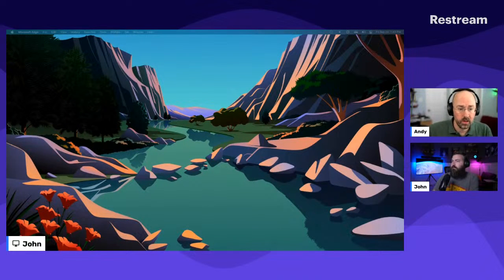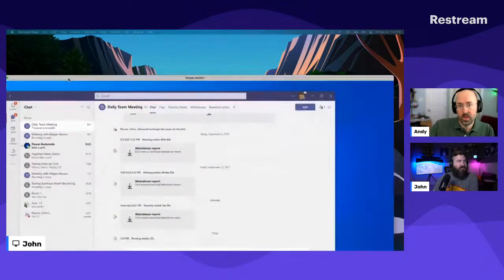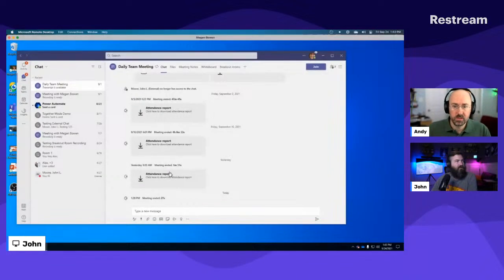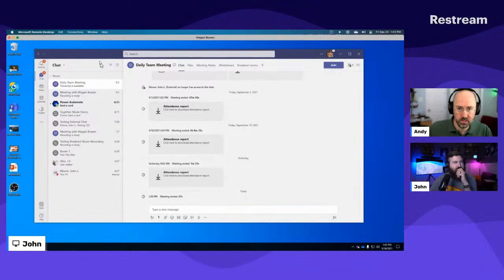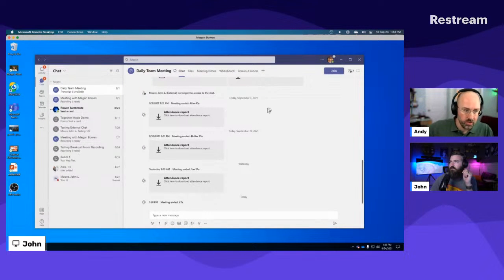So I'd like to start in Teams, just out of the box, a little bit about what you get from there. We'll talk about what you can and can't do inside of Teams, and then maybe we'll transition over into some of the, let's add an extra layer to it through tools like OBS and webcams and whatnot. So I'm going to jump into that.